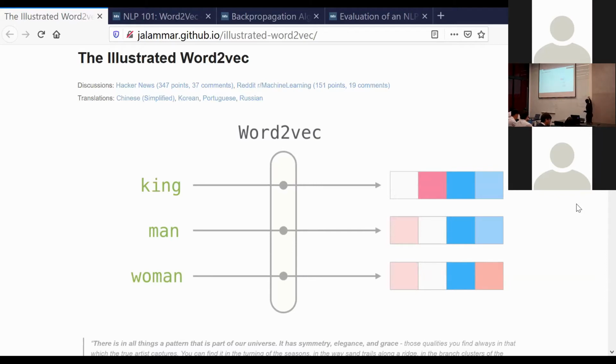For example, we start with MLP, multi-layer perceptron. That's really the beginning of everything, so to speak. And then